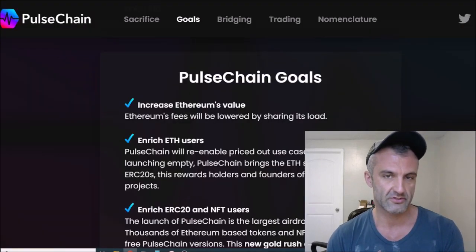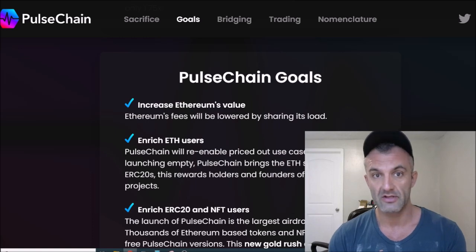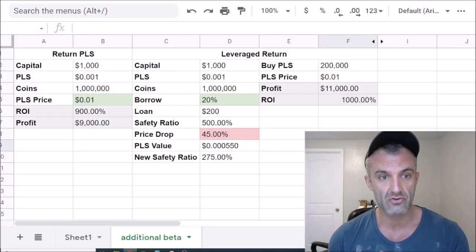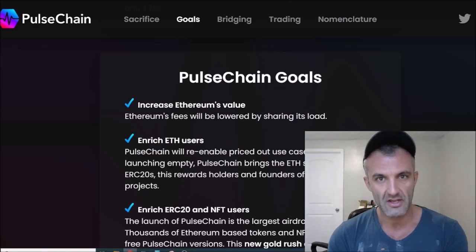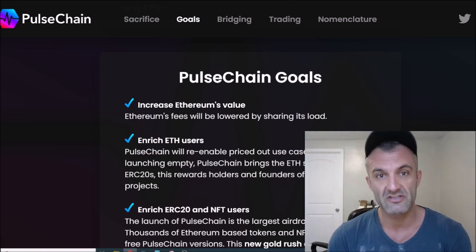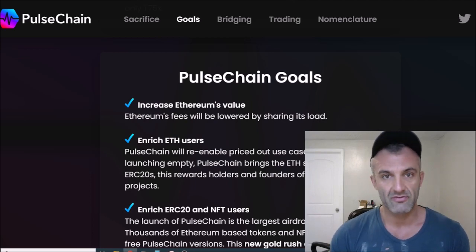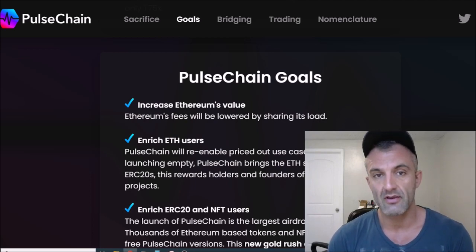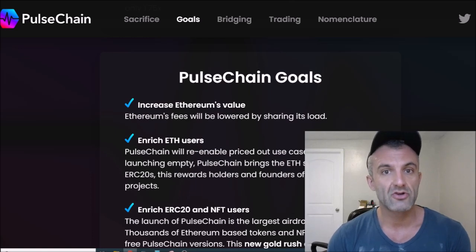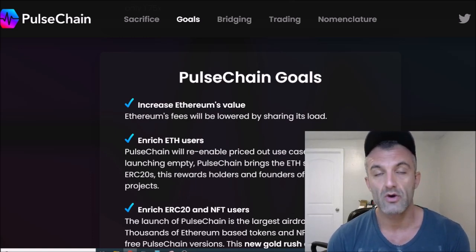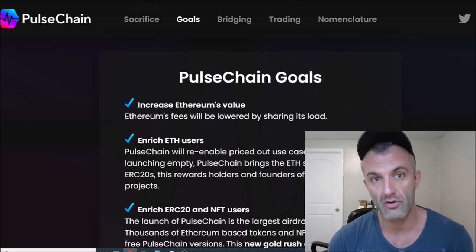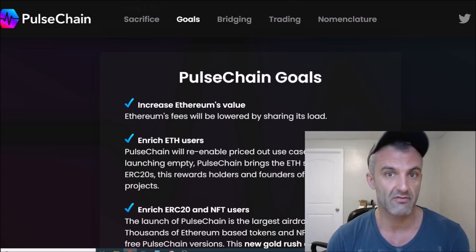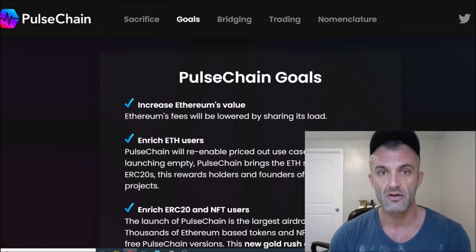Yeah, and I put together an example to show you, but first, if you think about, say, a house, and say, for example, just for easy math, the house is 100 grand. Then you buy the house with $5,000 down, 5%, right? And the house goes up by 20%. So you put $5,000 down. The house is now worth $120,000, right? You have a $95,000 loan.